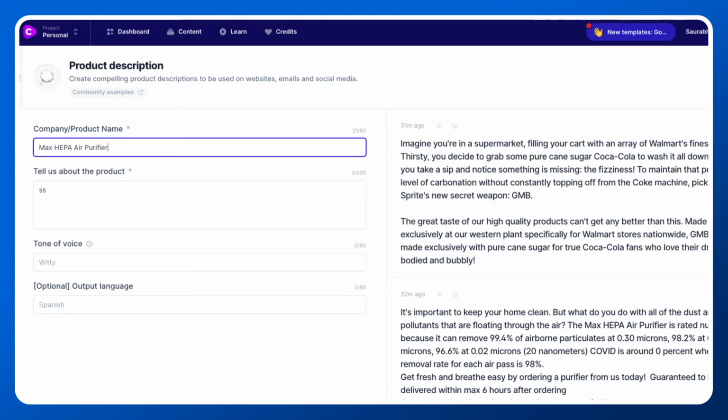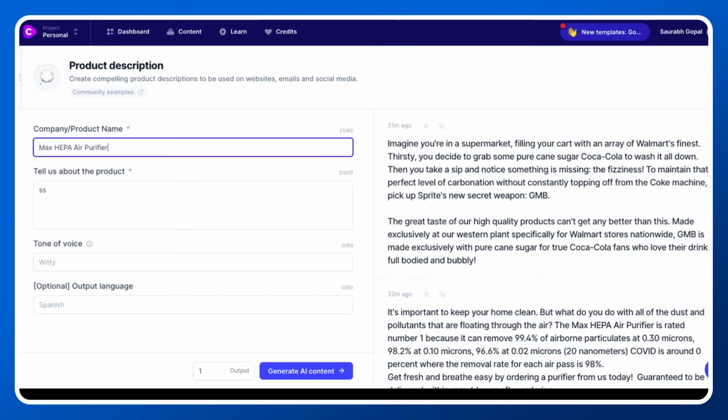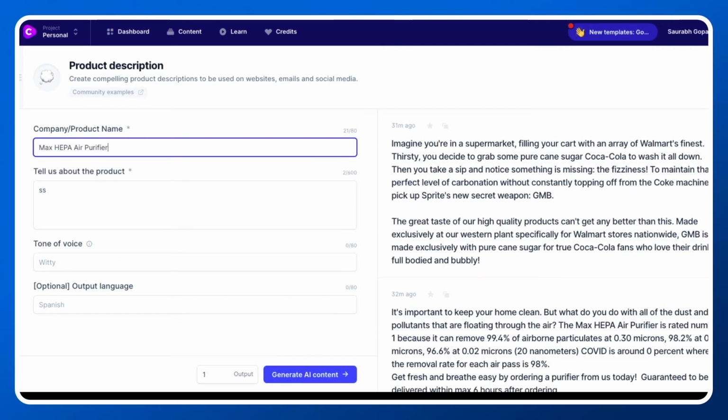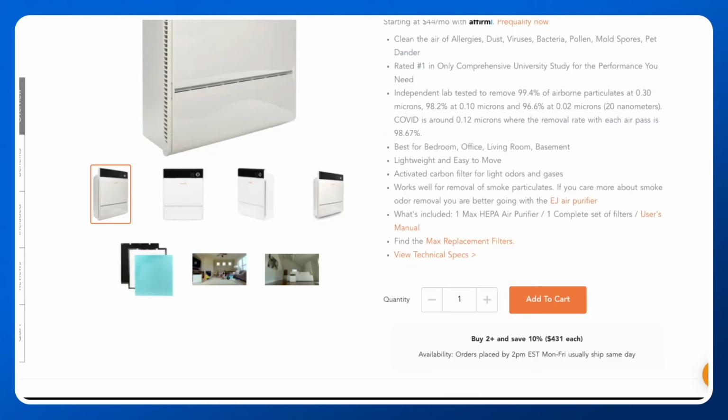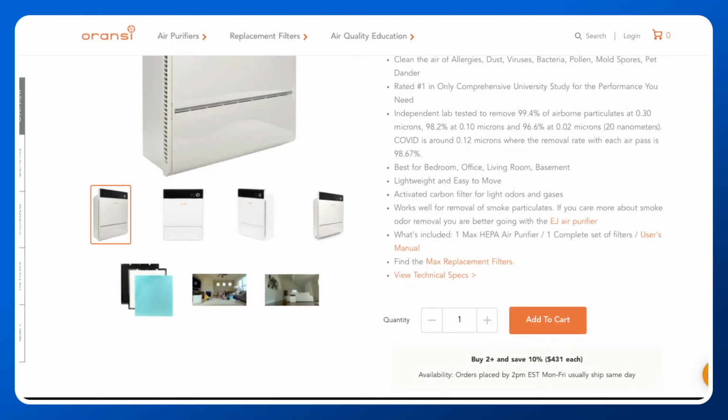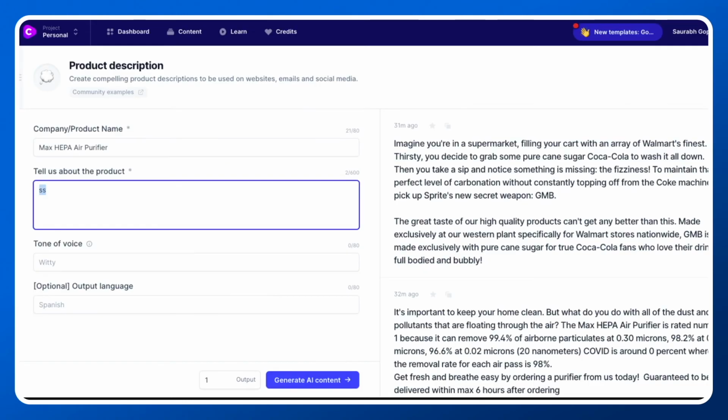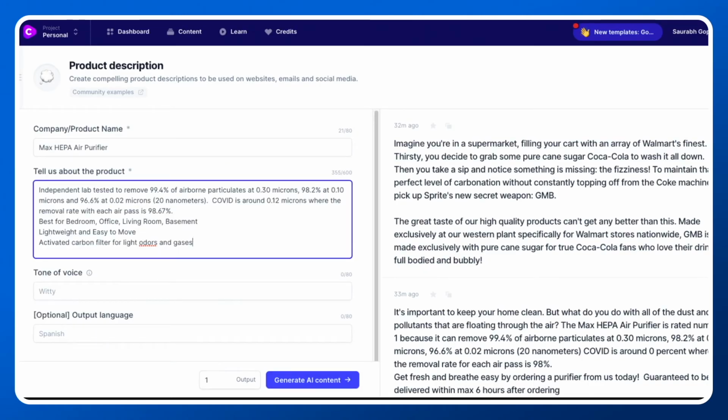Let me zoom the screen a little bit so that you can see. So what we will do, we'll just copy some of the information from here. Again, I'm not saying to just blindly copy this to your blog. What we are going to do, you just see what I just copied, and we just type it over here.